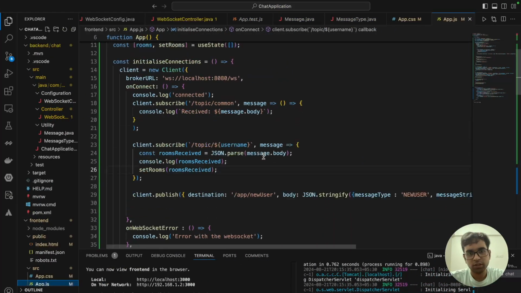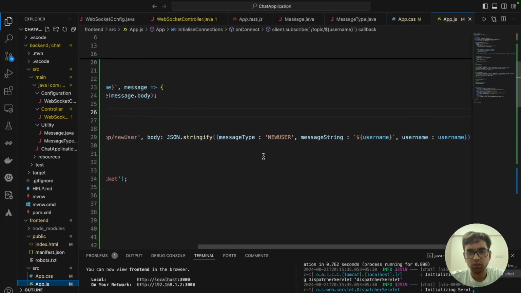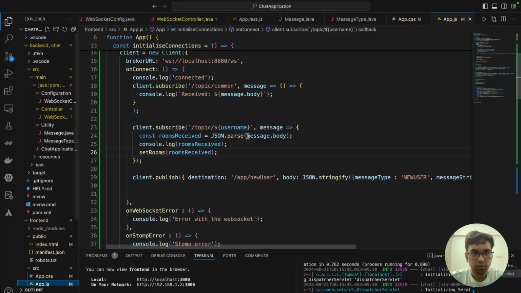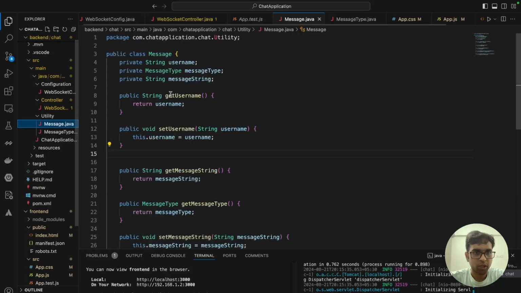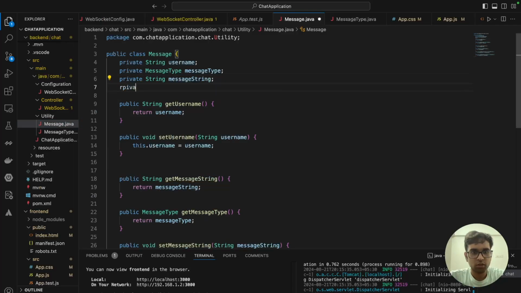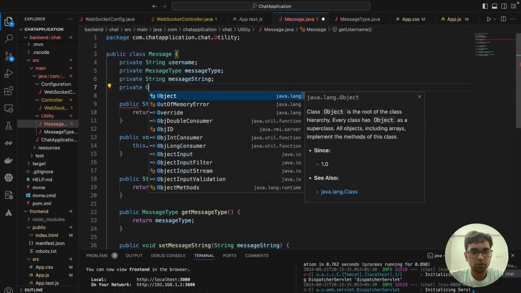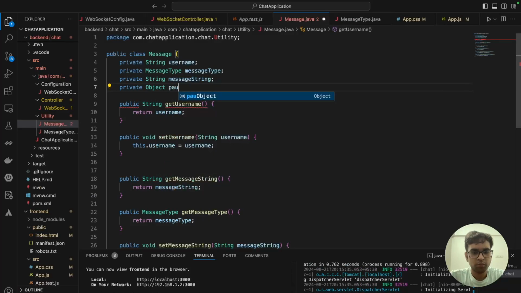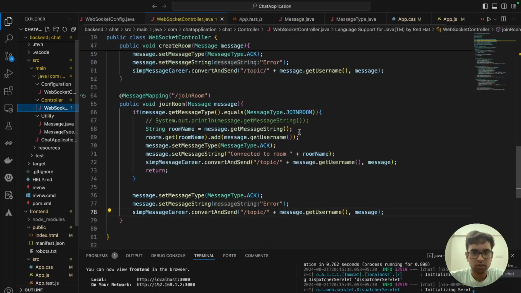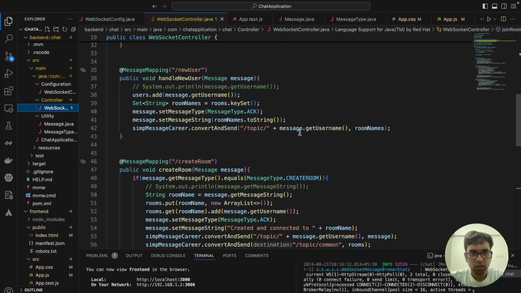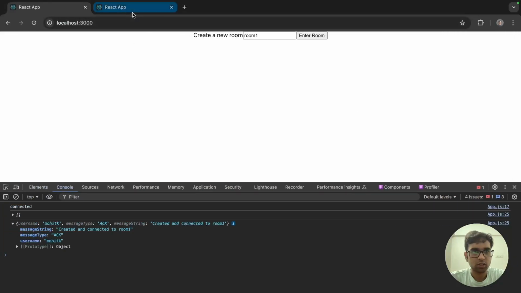So the message string contains created and connected to the room. I think I'll have to send another thing as payload, my own payload. So it could be any type of object, but I get object payload. But I don't get this thing. I had converted the room name to string. And what about this? Let's see